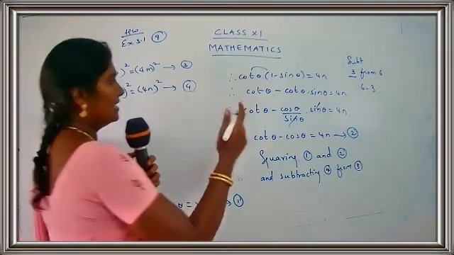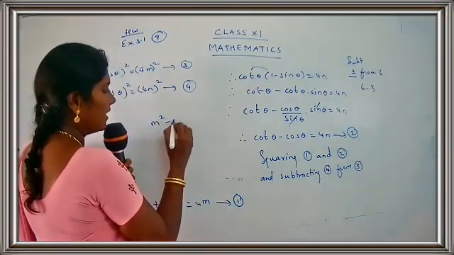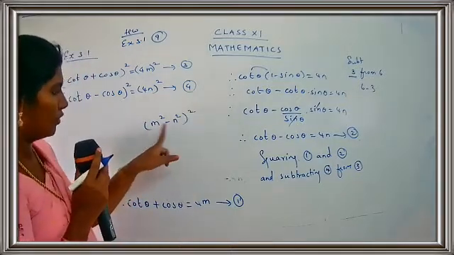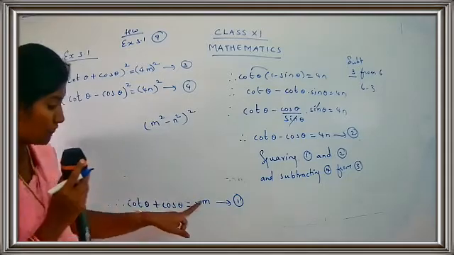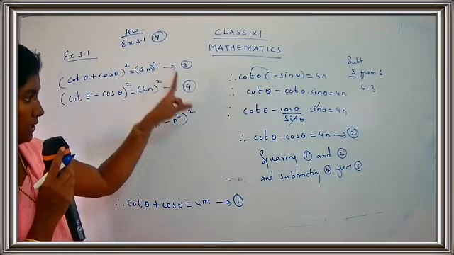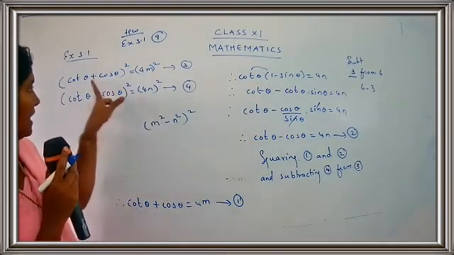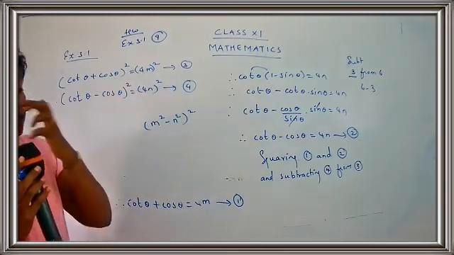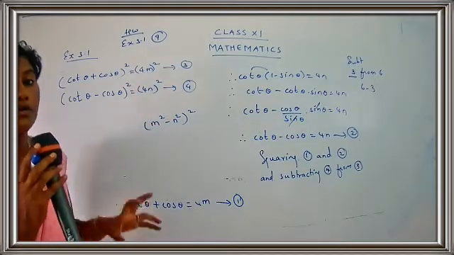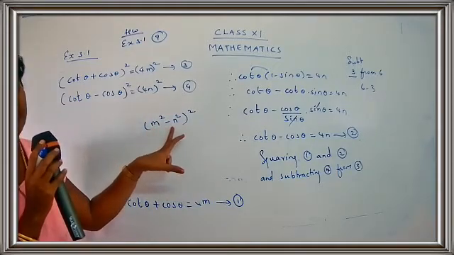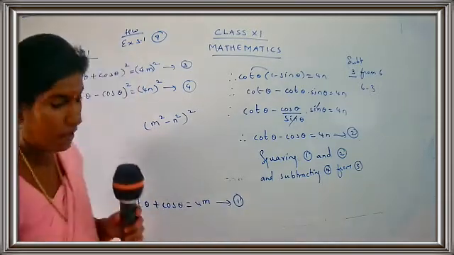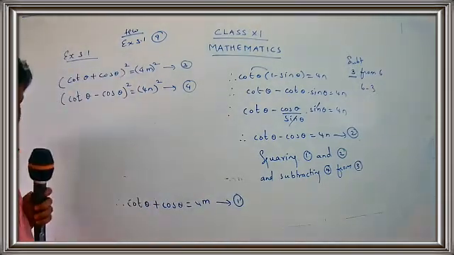Now, to see the RHS part, children. In the RHS part, we have m square minus n square, the whole square. So for the moment you focus on this term. What do you want? M square. I have only M, so I want to square it. I am going to square both the terms, that is 1 and 2. So when I square, I get the new expressions, 3 and 4. Now after squaring, you are going to subtract them because you want m square minus n square. So you can write subtracting 4 from 3. Okay. Let's proceed further.